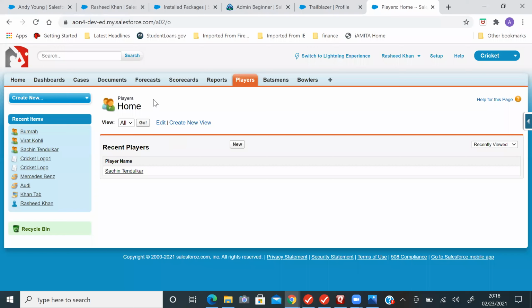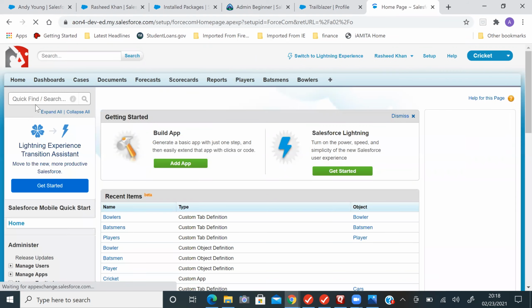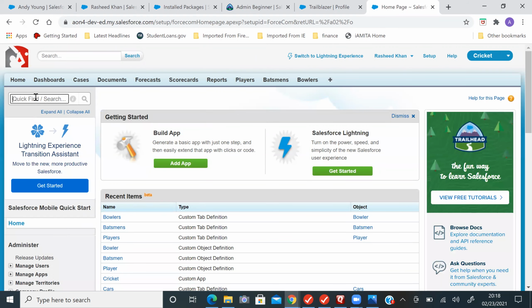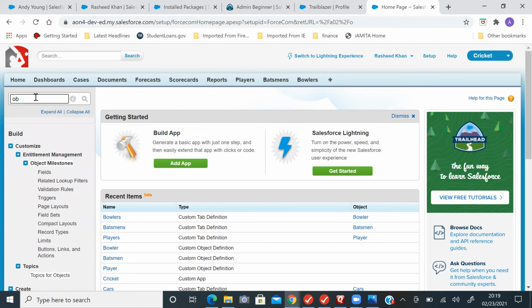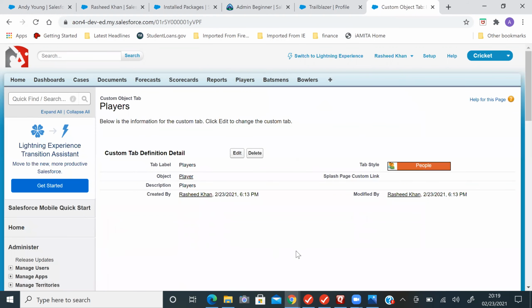Sorry, go to Setup. Go to Object Manager. Yeah, it is already available in recent items. Players, perfect. Edit, no, wait.